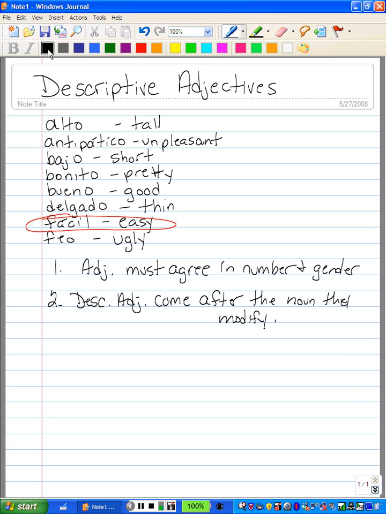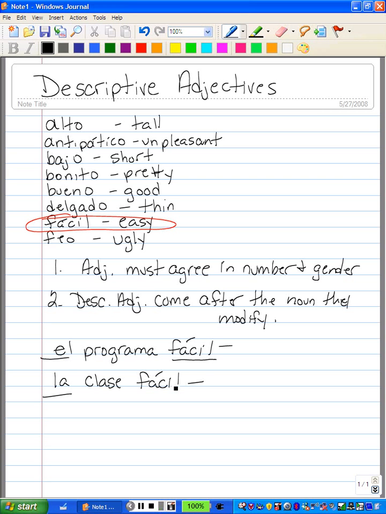It will stay in the masculine form. So you can have el programa fácil, or la clase fácil. This is the easy program, the easy class. This one's masculine, this one's feminine. But since this word doesn't end in a letter O, we can't change it to an A.